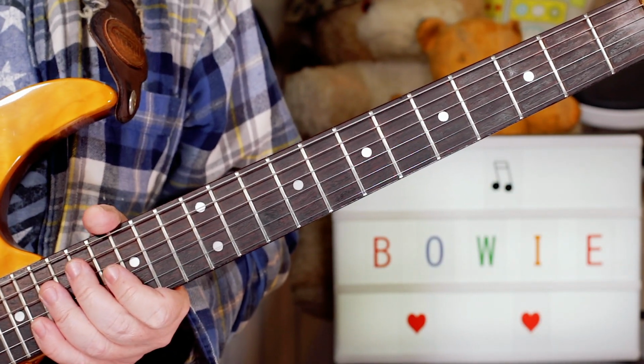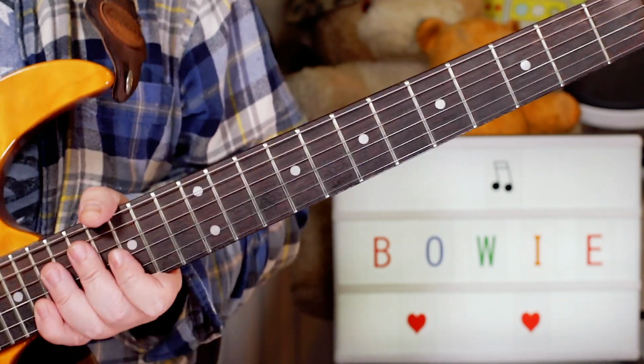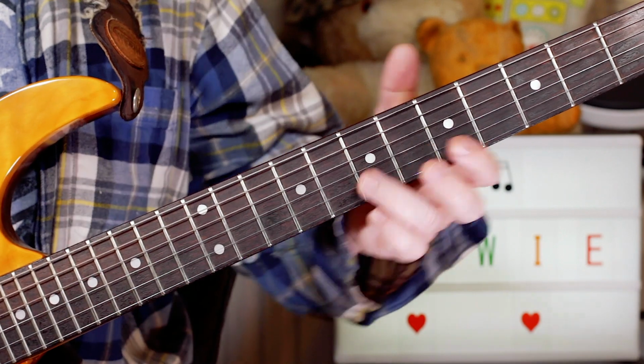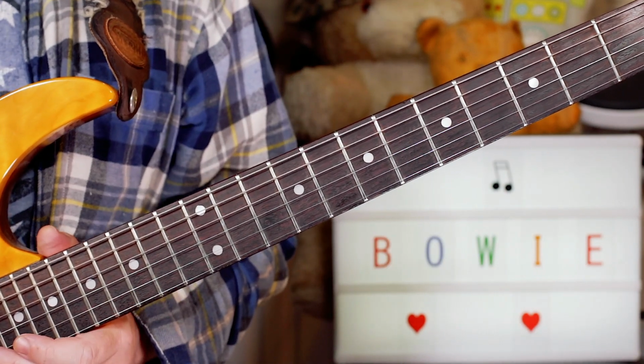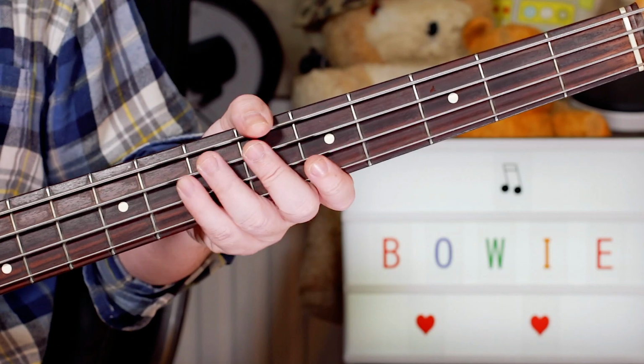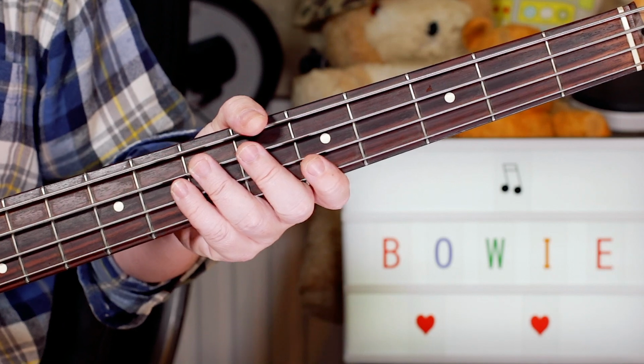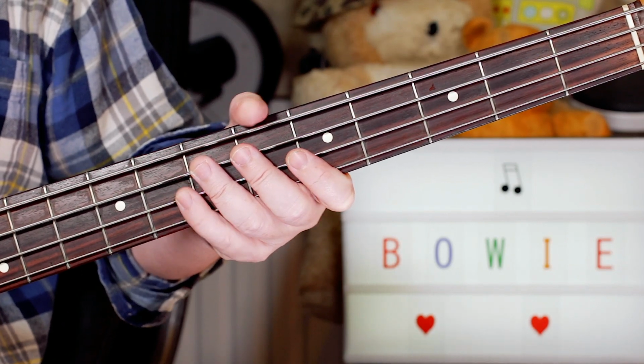So that's the various bits. As I say, there's lots of little guitar parts in there all mixed together. But once you've got the various parts, you can have a good old play along. And next let's take a look at the bass part. Once again, on the bass, it varies, but once you've got the basic parts, you can play along, have a good old jam. So on the E chord,